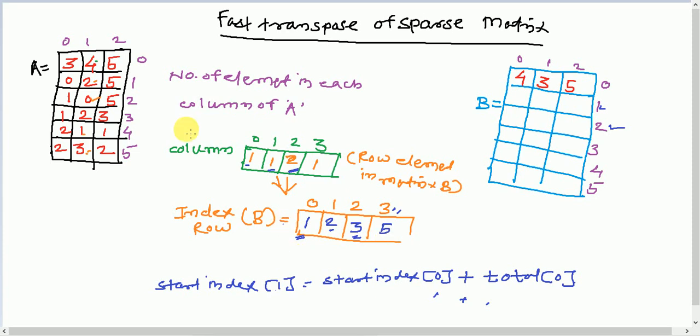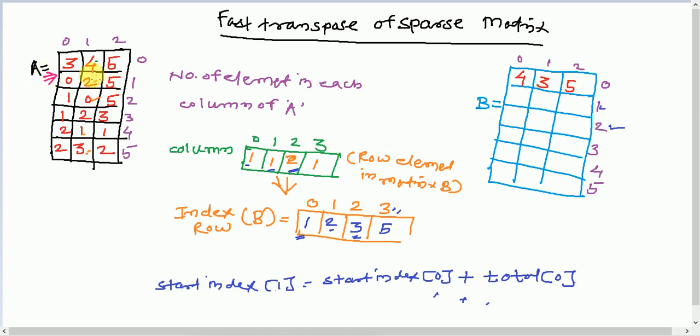Okay. So we have prepared the total number of column elements, then found their indexes. Now we are updating their values over here. Okay. So how will we be doing that? We will see now. And now look at here. Basically, what we'll be doing now is processing matrix A row by row.